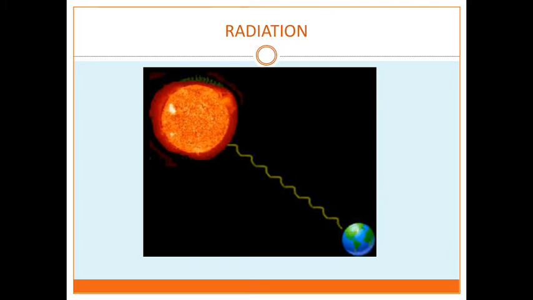Radiation in our day-to-day life, what are the best examples? The heat from the sun reaches the earth, and while standing near a fire we feel the heat; that is radiation. And if you wear white clothes, you will not get too hot on summer days. If you wear a black dress, it will absorb the radiation. So it is better to wear white clothes in the summer.